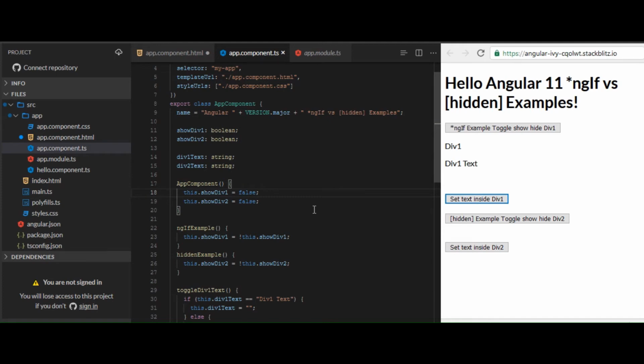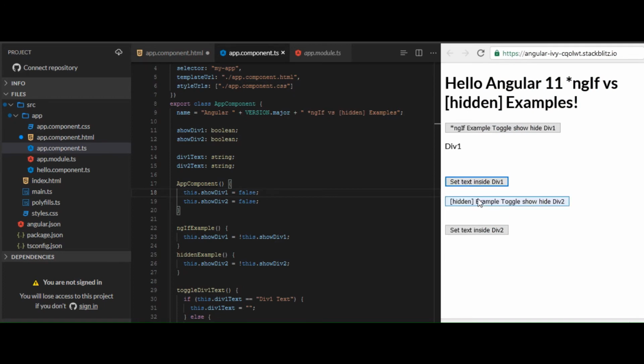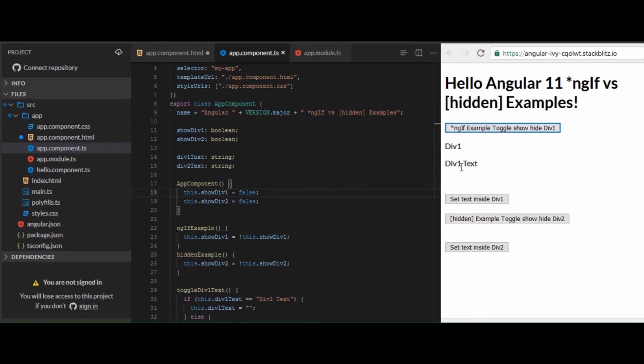But if you try to access anything inside that control, or do any other functionality inside that particular control, we will end up with an error. Now with Angular 11, this has been rectified, so this will automatically set this. See, the div1 text is being set inside this.